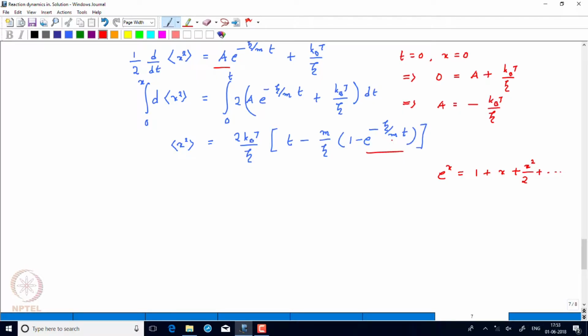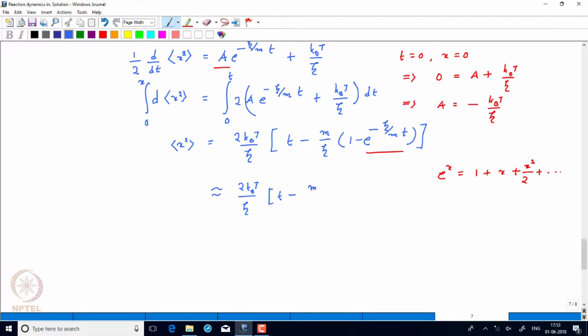Now m is the mass of the particle. If the mass of the particle is large, then you can make this approximation and ignore the higher order terms. So if we do that, what we will get is twice kBT by zeta and t